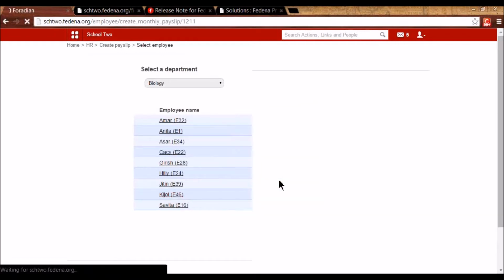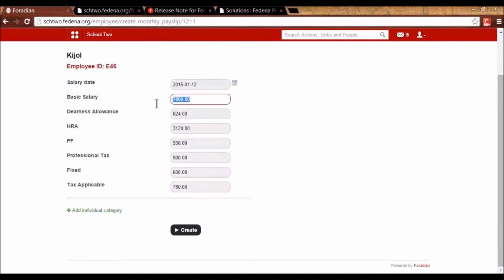So let's say for this employee, and let's say that all these figures, let me reset them. Here, let's say the basic salary of this employee is 90,000, which is a fixed component, and these are the dependent components that automatically appeared. And I want to generate the payslip of this employee for the month of January. Let's say for this employee, professional tax and fixed, which are the payroll categories that I've created, are not applicable. So I put them as 0. So I can create this payslip.